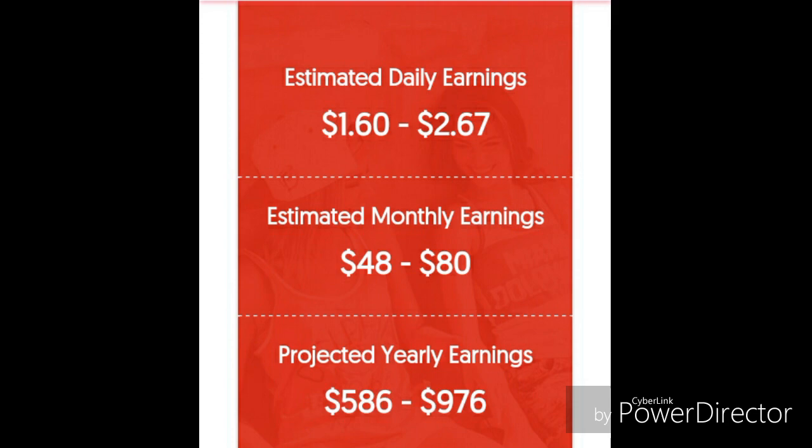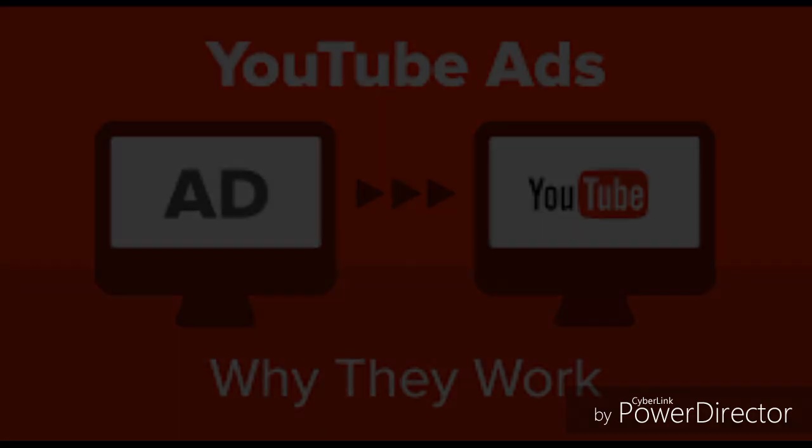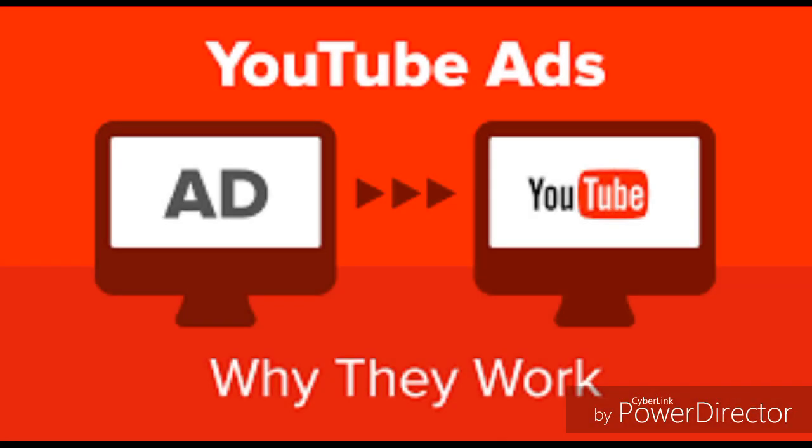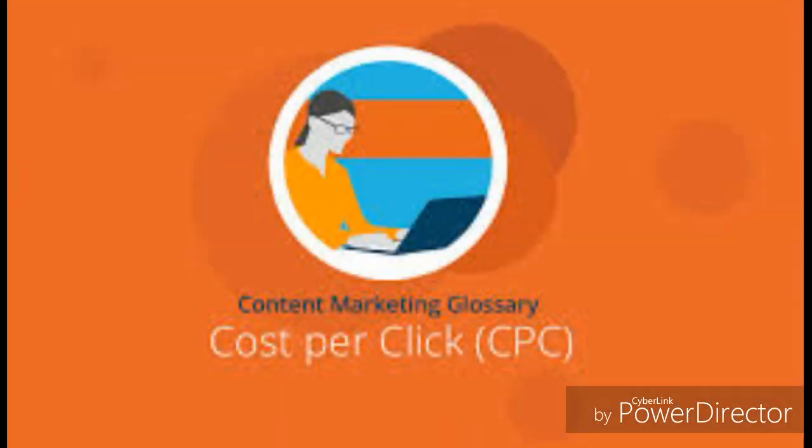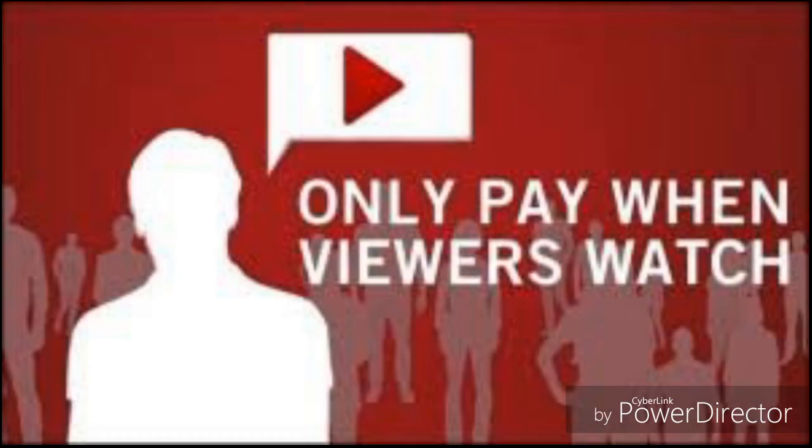We should be asking, how much engagement does it take to make money on YouTube? You don't make money based on the amount of views you have. You make money based on people's engagement with the ad. Engagement here means clicking or watching an ad for more than 30 seconds. YouTube advertising is managed in the AdWords platform. Advertisers choose ads on a cost per click, CPC, or cost per view, CPV, model.